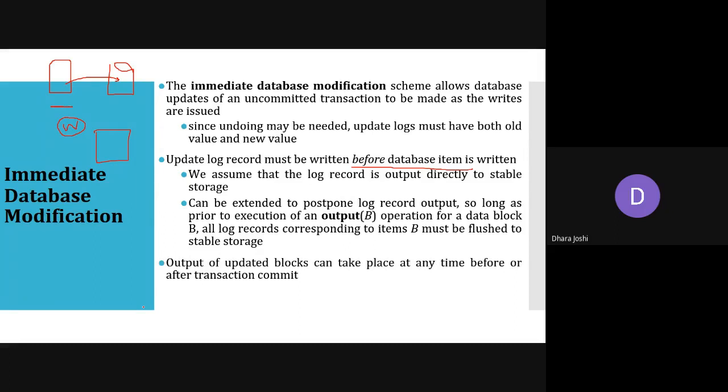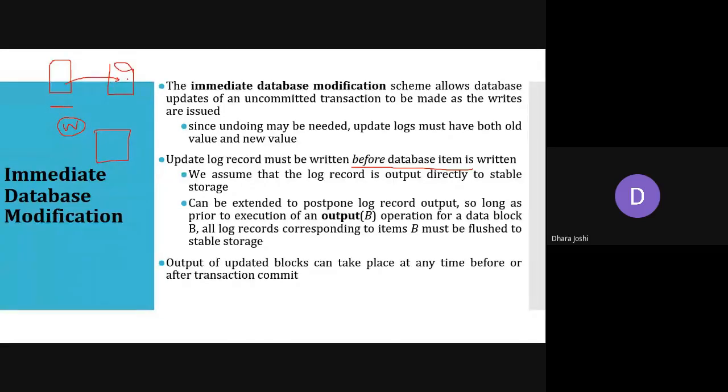Output of updated blocks can take place at any time before or after transaction commit. Output means transferring from main memory to non-volatile memory. This can happen at any time, either before the transaction has committed or after it has committed.